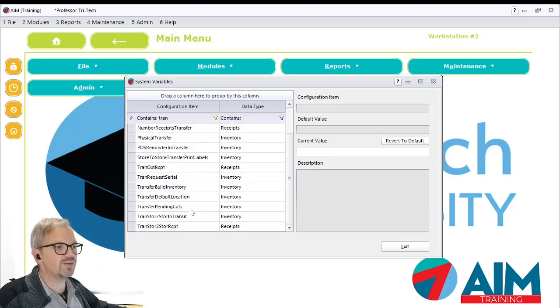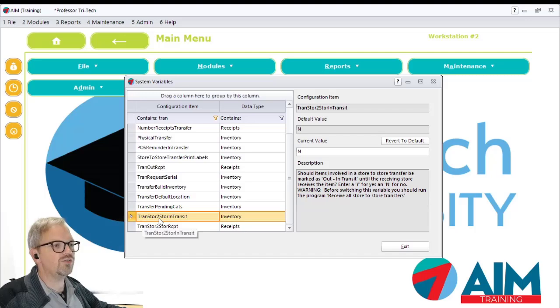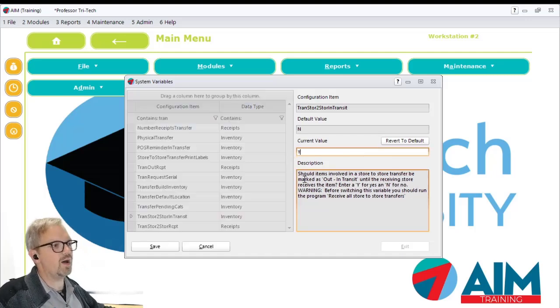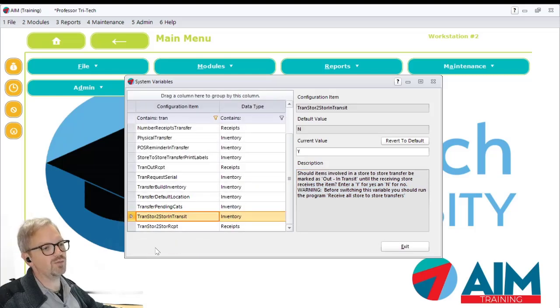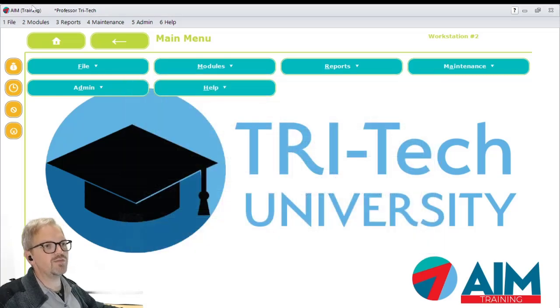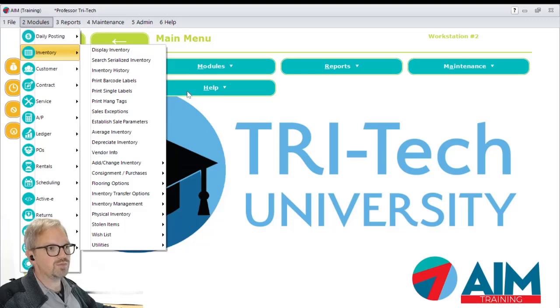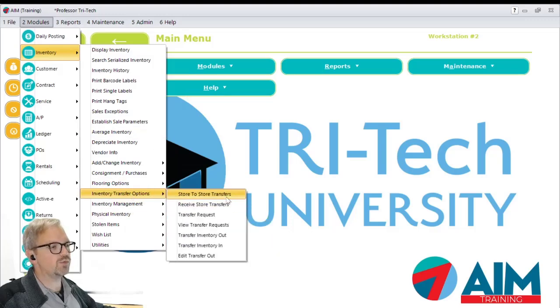So let's actually go ahead and take a look at that. So here's the store-to-store in transit. We're just going to make this be a capital Y. We can see here it says make sure that you do not have any open store-to-store transfers before changing that. Now that I've changed that, when I go to the transfer store-to-store,